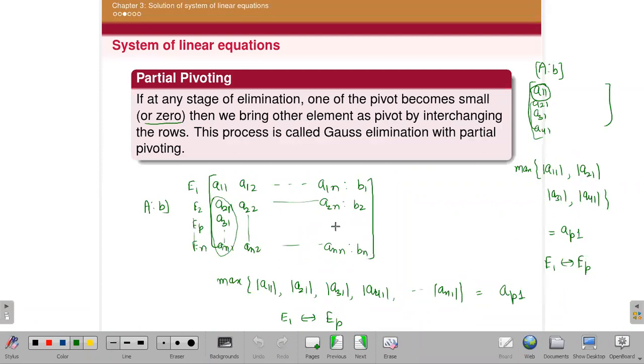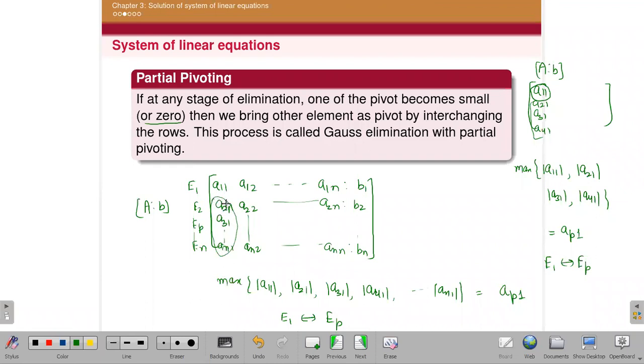Yes, ma'am. Okay. So suppose initially you have n equations in n unknowns. Then you write the equations in the matrix form, the augmented matrix. You write the matrix and bi is also in this matrix. Our aim is to reduce this matrix into the upper triangular matrix. So first of all, our first step was to make the first column entries 0 except A11 here. To make these elements 0, we have to use the partial pivoting first of all.